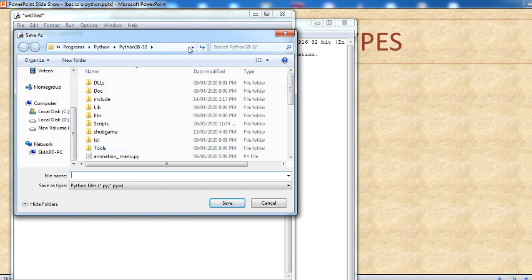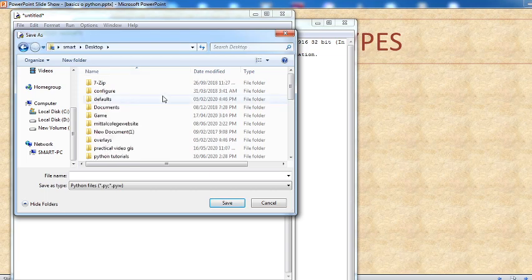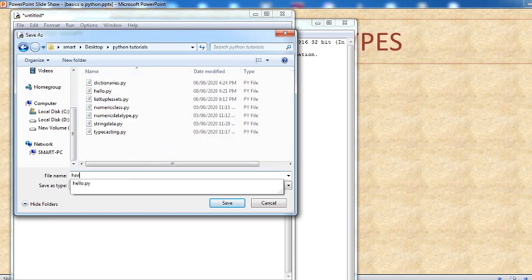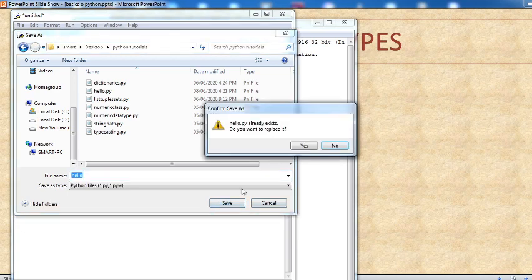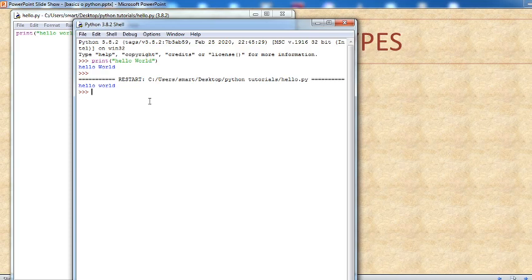For example, I will be saving on the desktop in my Python tutorials, and this is hello. So hello. When I save this program, the extension used is py. After saving, to get the output, to execute it, you either press run or press F5.